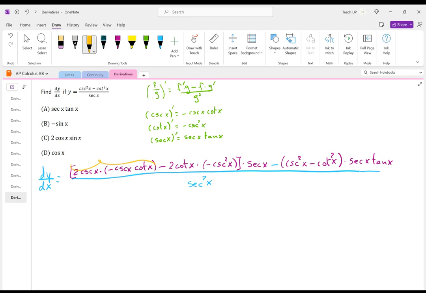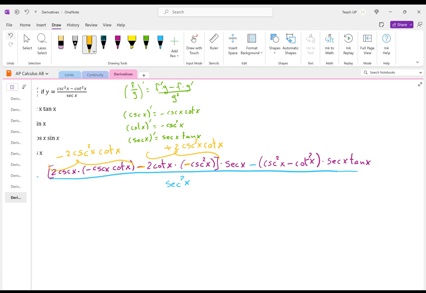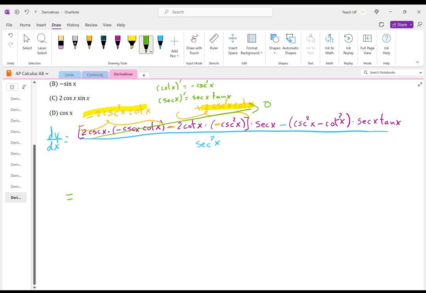So this first term we notice is negative 2 times the cosecant squared of x times the cotangent of x. And this term here is plus 2, because you have a negative and another negative. So plus 2 times the cosecant squared of x times the cotangent of x. So we notice that these two terms are opposites of one another. So if we add them, of course, we get 0, which means that this entire thing here is just going to be 0. So then dy/dx is going to be negative, in parentheses, the cosecant squared of x minus